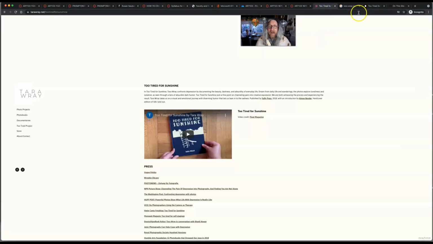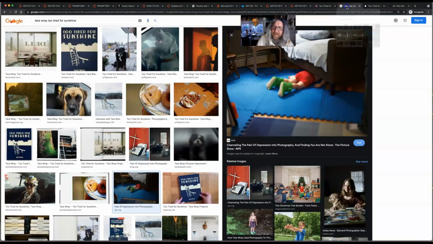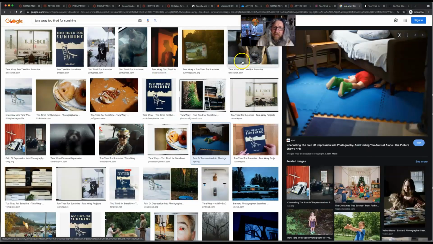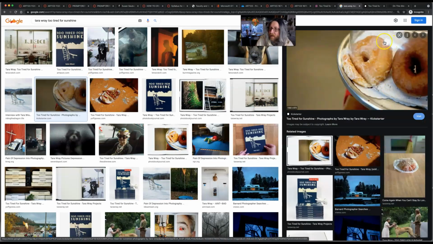Now, I've got a couple other projects here. One is this project by Tara Ray. It's a book she made called Too Tired for Sunshine. Unfortunately, the photos themselves don't seem to exist on her website, but there are a few that I'll just pull up via the Google image search. This one here and this one here, I think are really good examples of photographs that